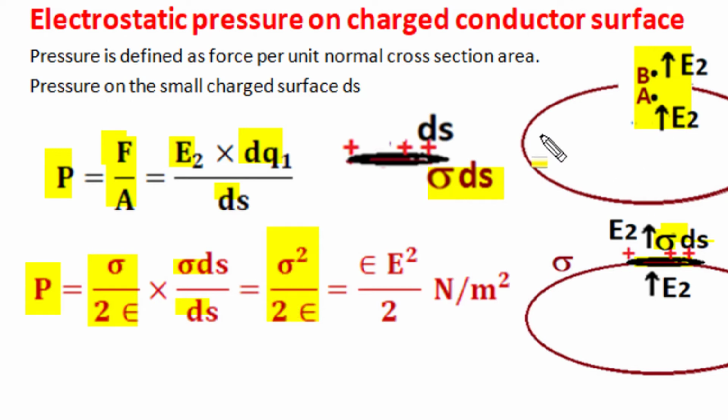We know the resultant electric field produced by this closed surface at an external position very close to this sigma charge is sigma upon epsilon. So in place of sigma we can write epsilon and electric field intensity product, and when it's squared and divided by 2 epsilon, we get the electrostatic pressure expression as half epsilon capital E square, where epsilon is the medium permittivity and capital E is the resultant electric field produced by the charge surface very close to it. So in an electric field of strength E, the electrostatic pressure exerted by a charge surface is half epsilon capital E square. Force is measured in Newton, area is in meter square, so pressure has the unit Newton per meter square or Pascal.